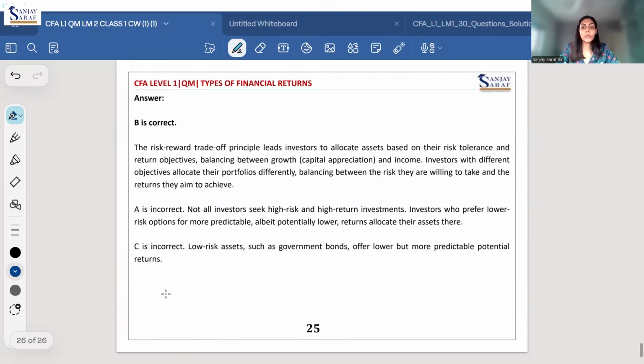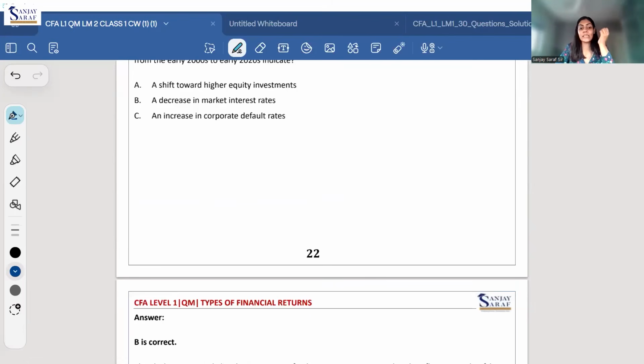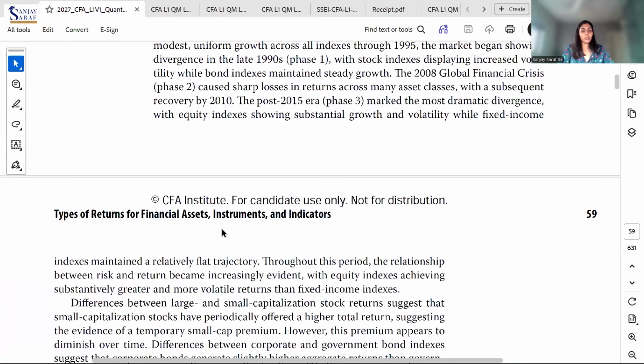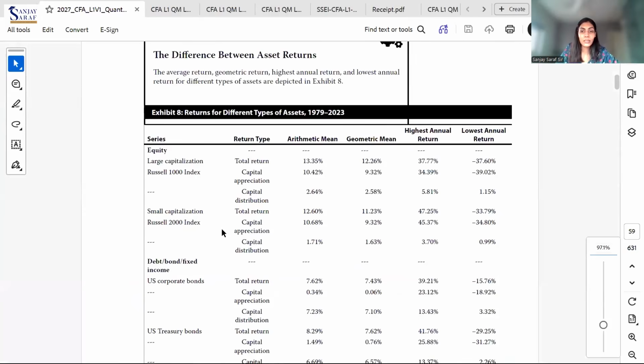Okay, those were all the questions. I think one portfolio question we've already discussed. If you want to take a look, I'll just share the PDF. If anybody wants to take a look, okay, so in the core reading towards the end,